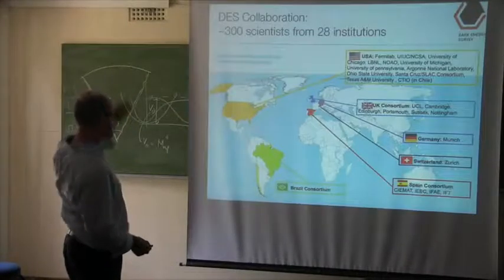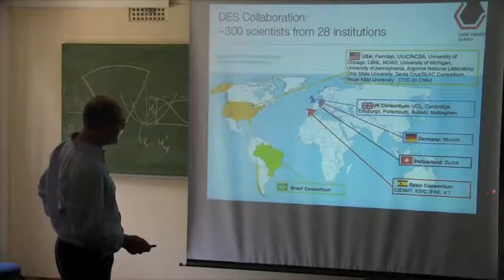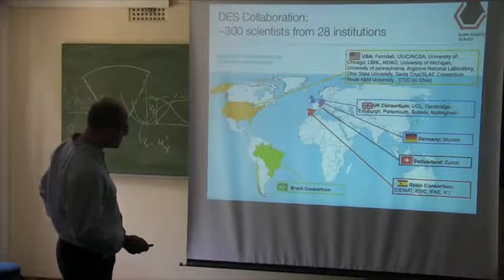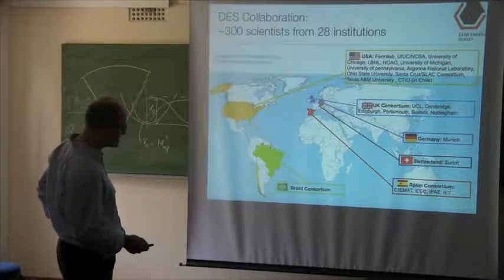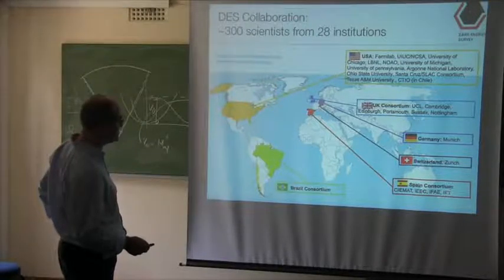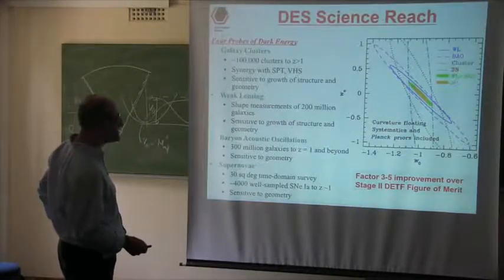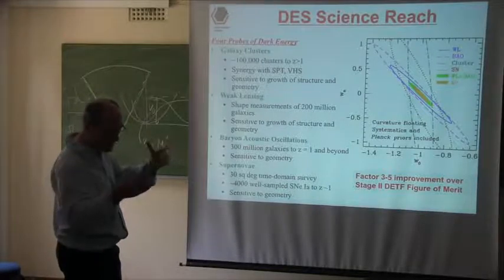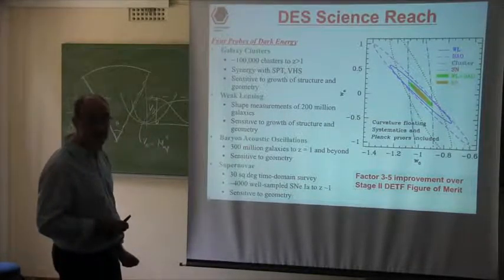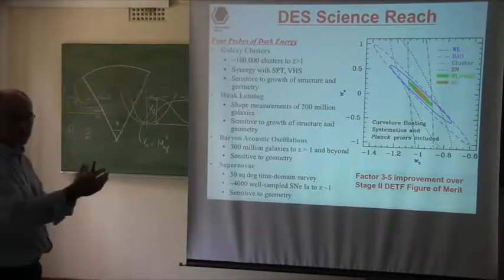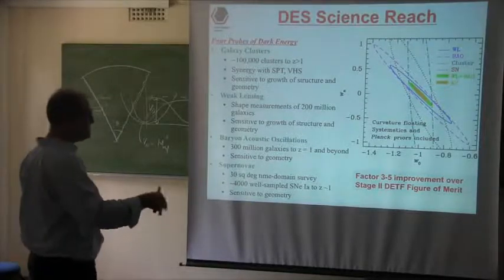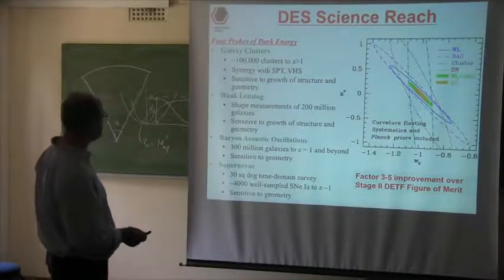So this was year 2. In Spain we have 4 groups: CIEMAT, in Barcelona there's the IFAE, Instituto de Física de Altas Energías, and ICE, and in Madrid. It's like 300 people from 20 or so institutions. We know each other, all of us know each other. Sufficiently small that we can follow.